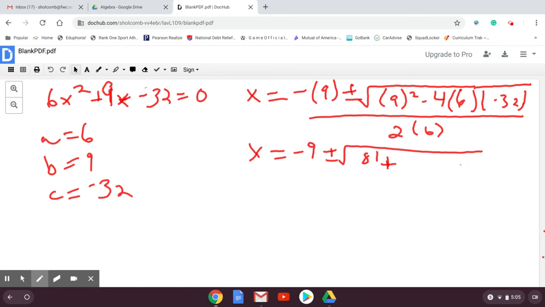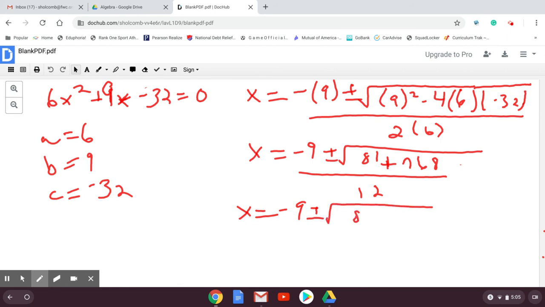And then we just need to pull out a calculator and use our calculator to figure out what 4 times 6 times 32 is. We've already figured out that the sign is positive, so it's plus 768. All of that is divided by 12. So 768 plus 81 is equal to 849. So here's this. X is equal to negative 9 plus or minus the square root of 849